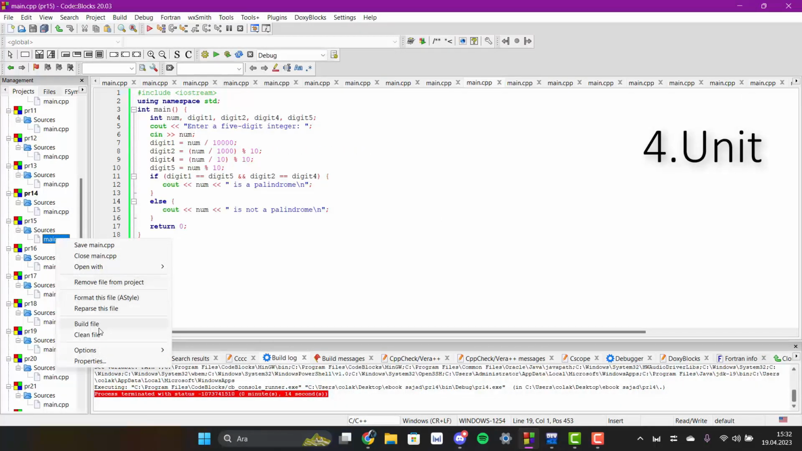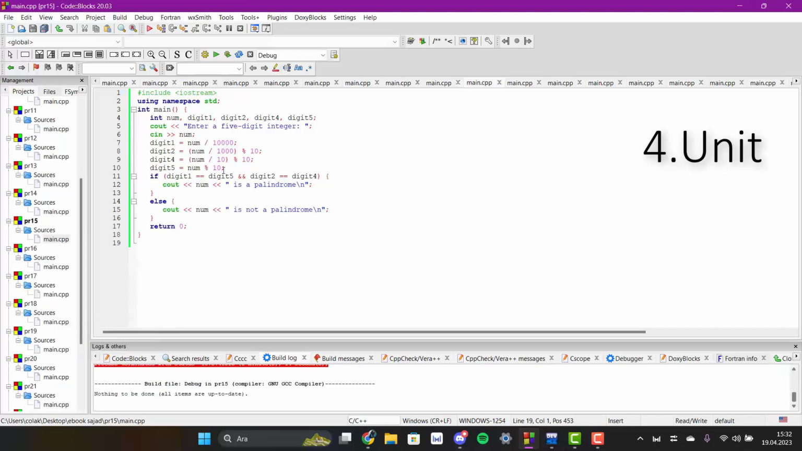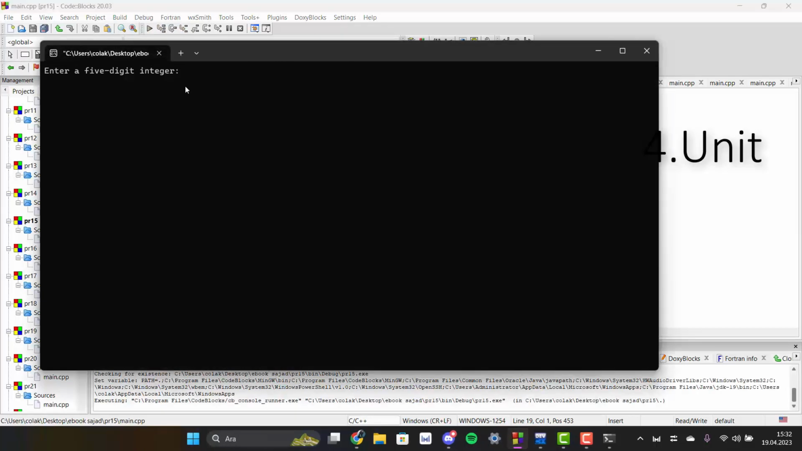That's my practice 15. This takes a 5-digit integer and finds the palindrome. It separates the steps: digits, num, divisor 10,000, 1,000, 10 and 10. 4, 5, 4, 4. It's a palindrome because 4 after the 5, 5, 5, and then after the 4 is